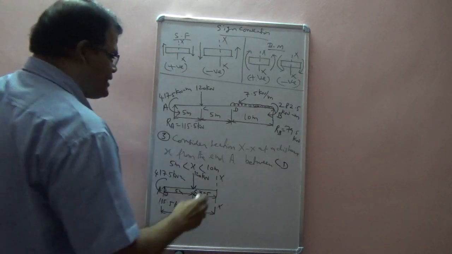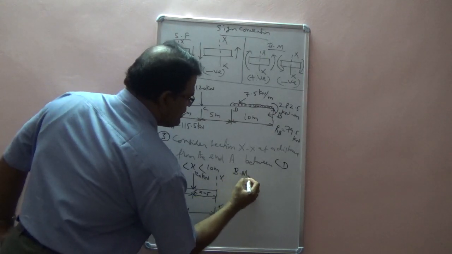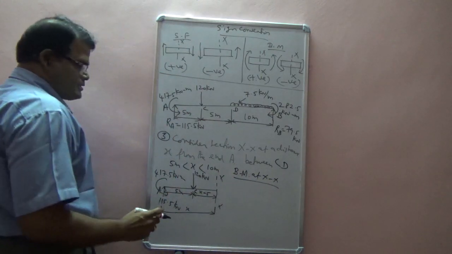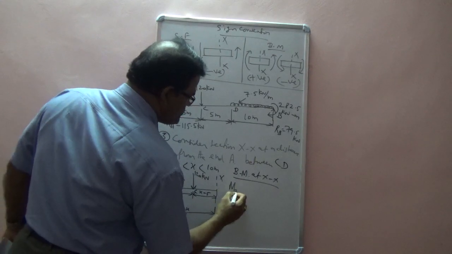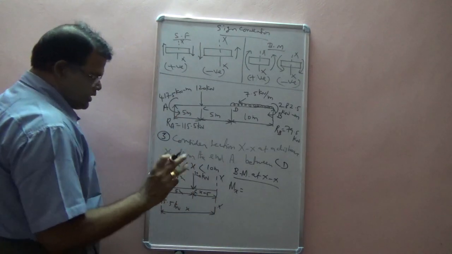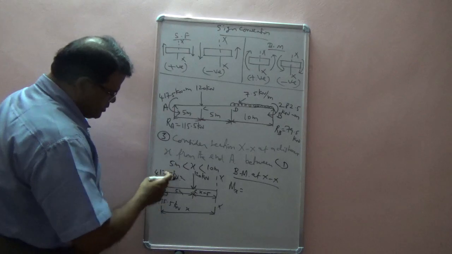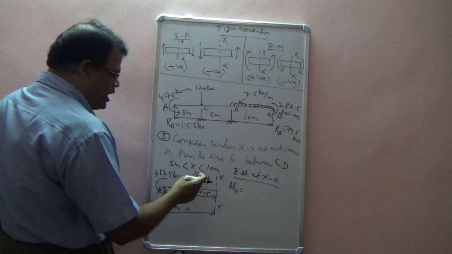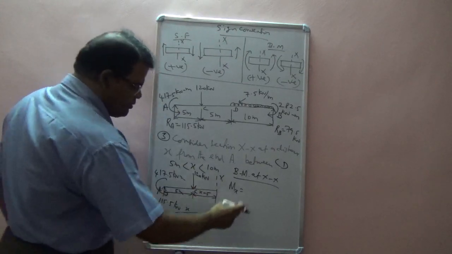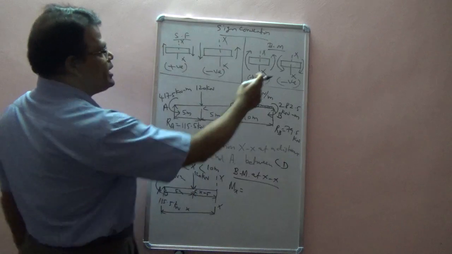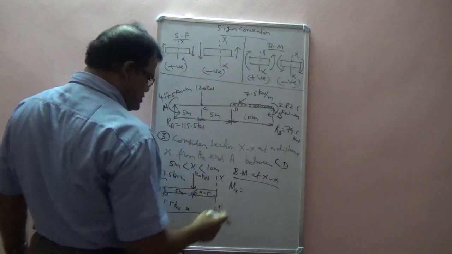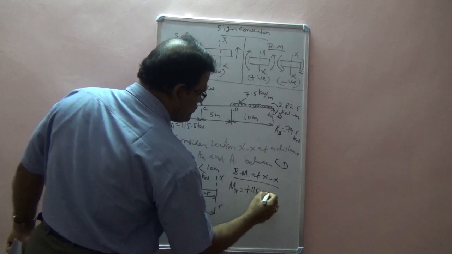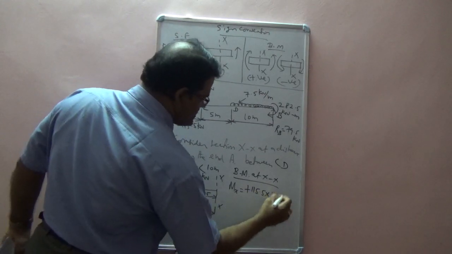So this is the bending moment at XX. I denote this as Mx, which will be equal to, see, there are three terms. One moment is acting anti-clockwise, one force is tending to rotate the beam in the clockwise direction, and another force at point C is tending to rotate the beam in the anti-clockwise direction. So anti-clockwise is negative, clockwise is positive. So first positive, so plus 115.5 multiplied by this distance x.